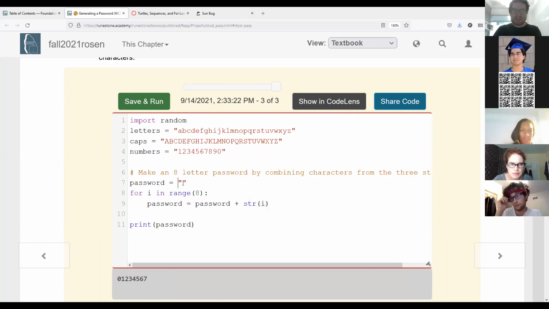So I started with an empty string, which is essentially the string equivalent of 0. Then what do I do? I add 0 to the end of password, so it becomes 0. Then I add 1 to the end of that, so it becomes 1. Then I add 2 to the end of that, so it becomes 2. Then 3 to the end of that, and so on and so forth. But that's not really going to help me now. Rather than adding